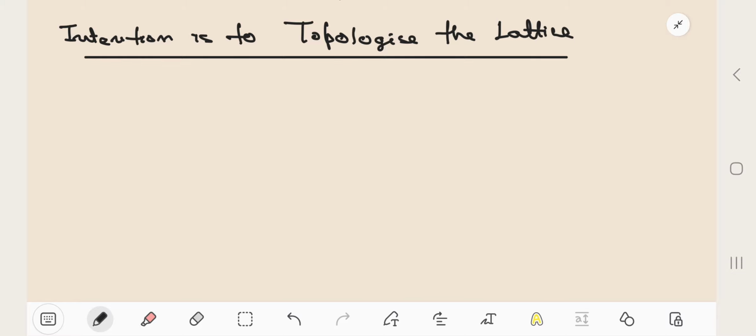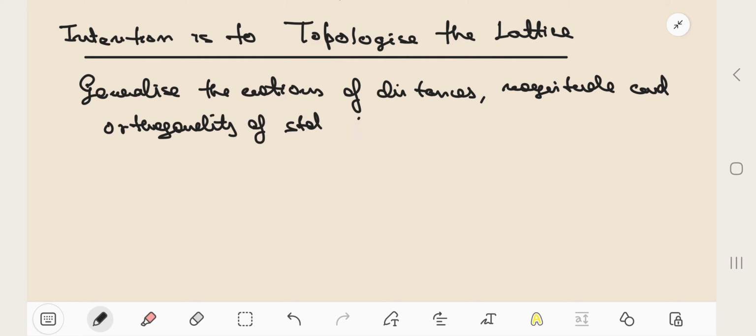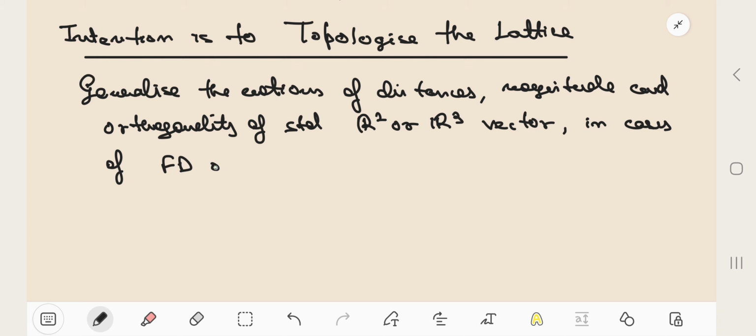Students who have studied functional analysis are pretty much acquainted with this fact that we can generalize the notions of distances, and the magnitude and orthogonality of standard R2 or R3 vectors, that is the 2-dimensional or 3-dimensional vectors, in cases of finite dimensional or infinite dimensional vector spaces,